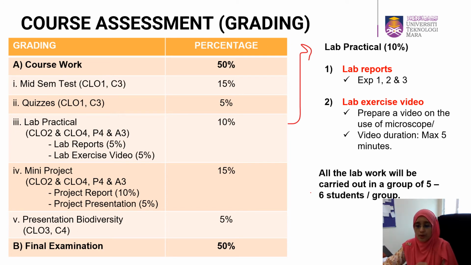Okay, and I want each group to comprise boys and girls. I don't want one group comprising only boys and one group comprising only girls. I want a mixture of both boys and girls. Okay, so make sure that you are divided equally among the groups. Okay, so you can decide on your own which team members you want. All right, and then